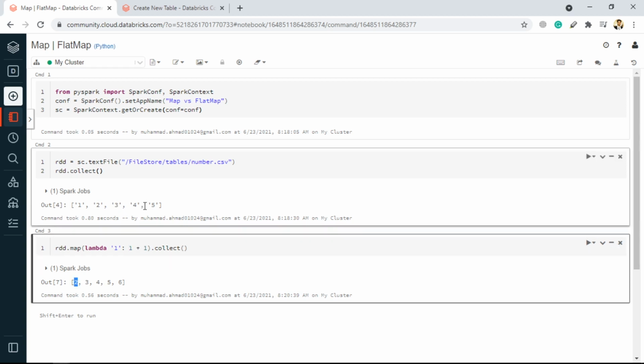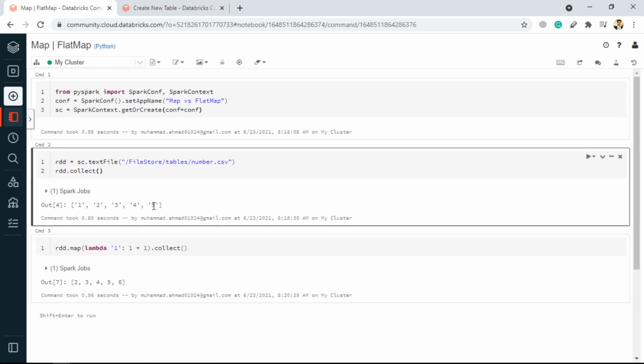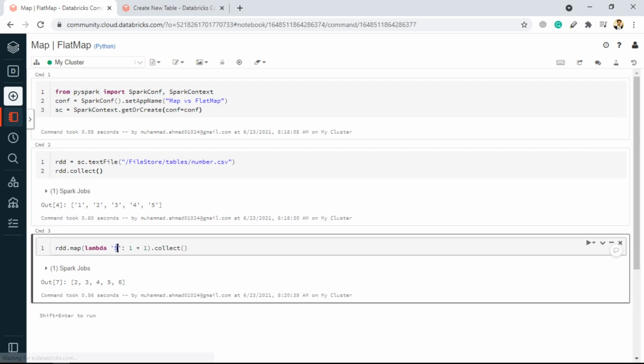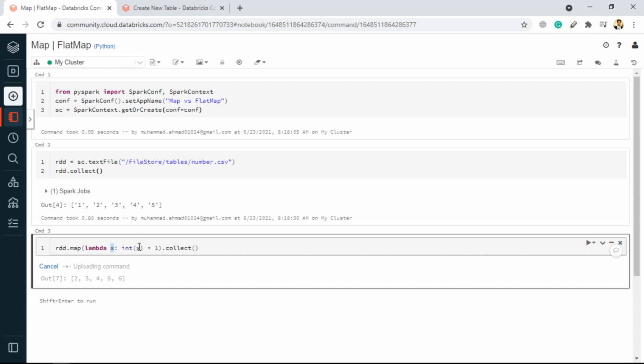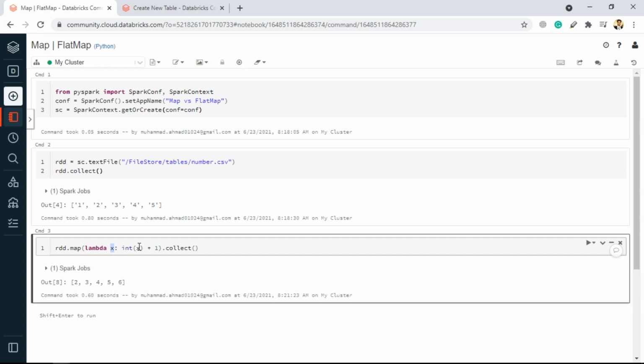The same is for 2, 3, 4, and for 5, it is again taking this thing, and then the integer of 5 makes it 5, and then 5 plus 1, we are getting 6. So 6 is mapped at this point, the last element. Let's undo this, give it a go again, and we are getting the data.